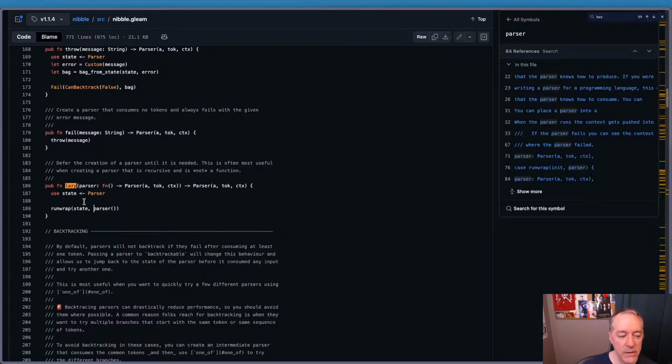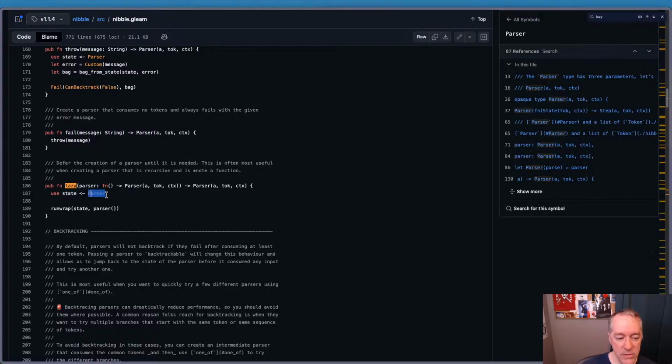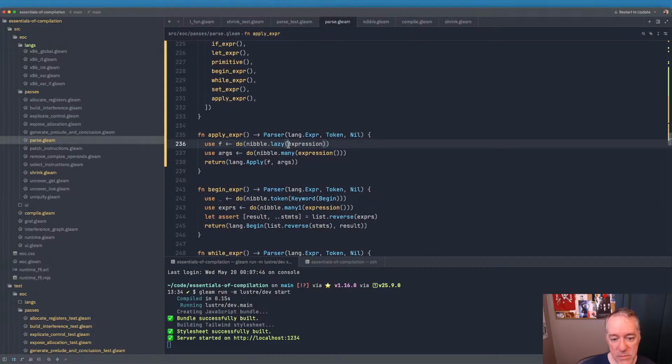What this is doing is putting into a parser struct the contents of our parser function, and it defers running it until this parser is invoked, rather than expecting this, which does return a parser,